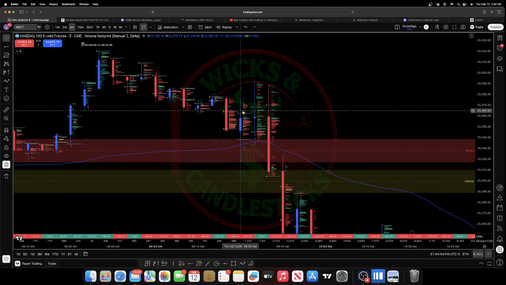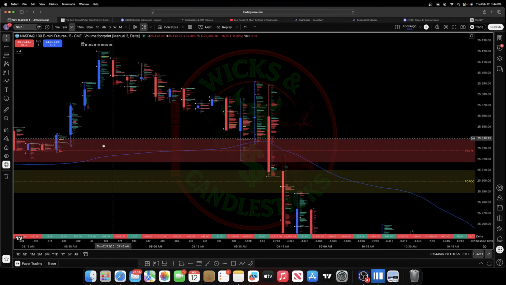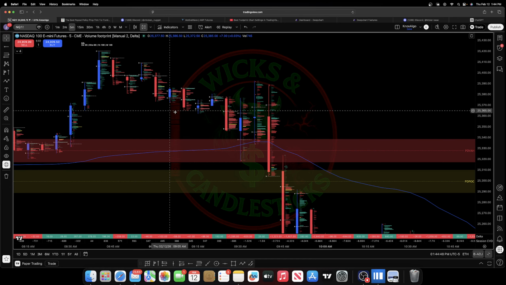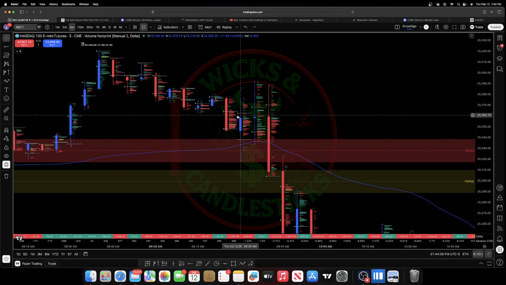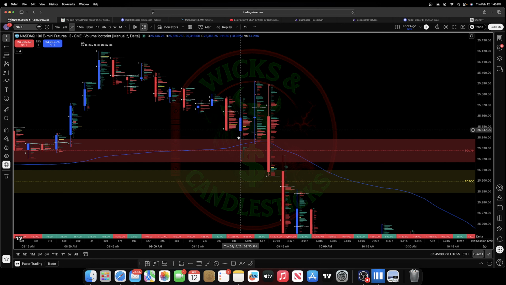In this example, the rule is if you break above your key level, wait for a retest to see if your key level is going to be a support or if it is going to go back to being a resistance. If you see where I have everything lined up right here,